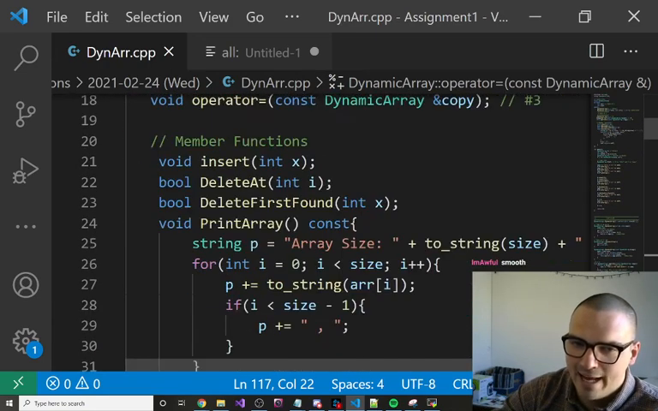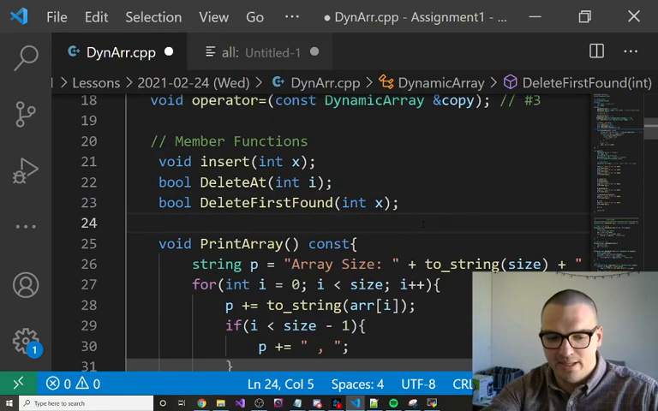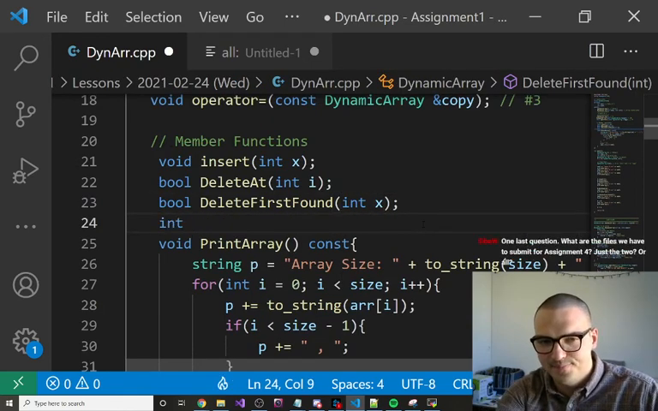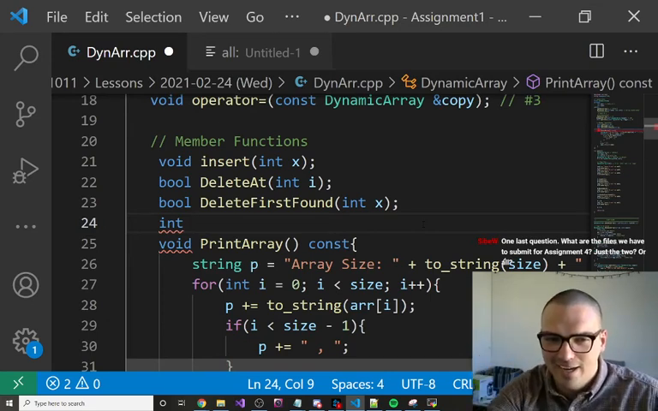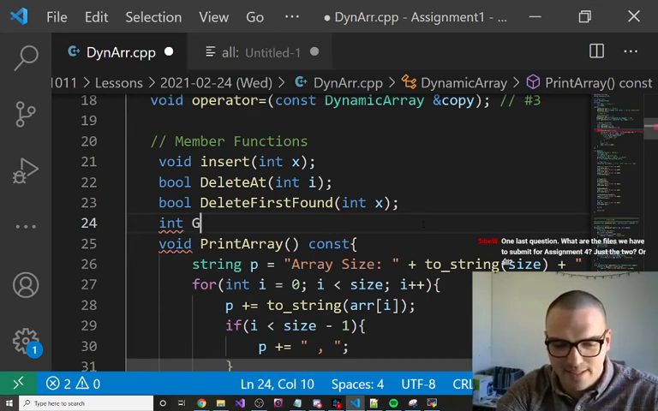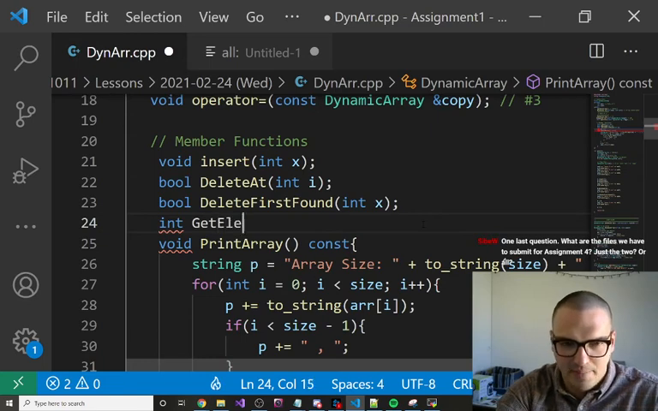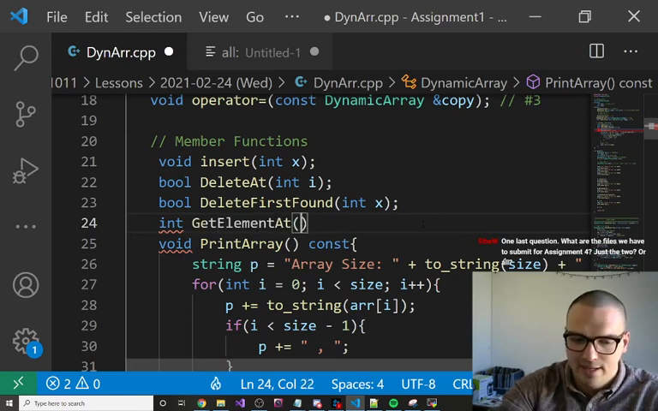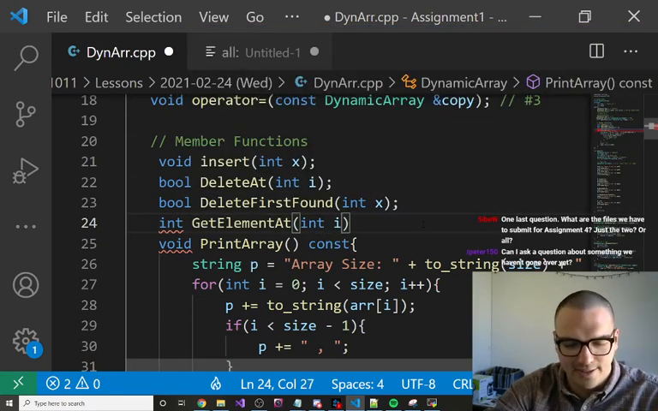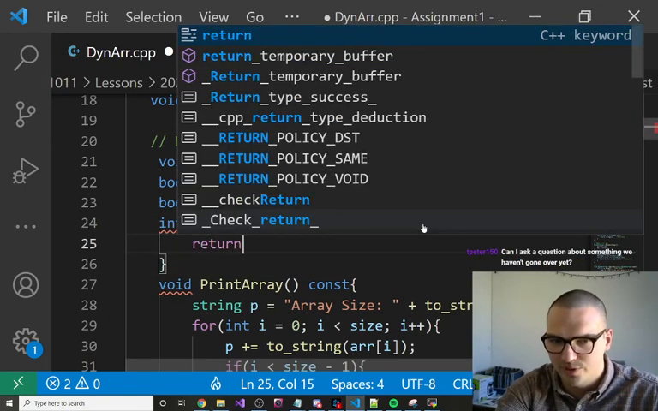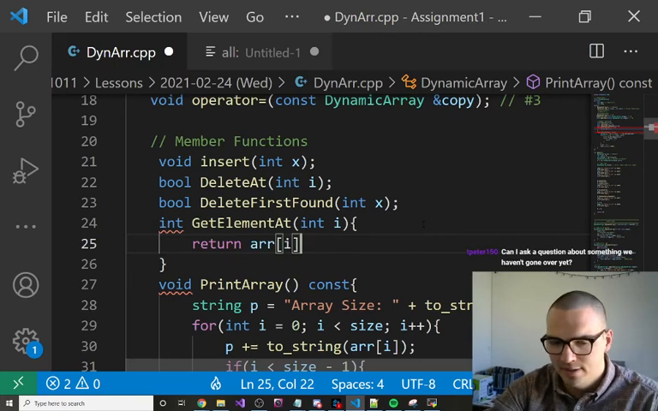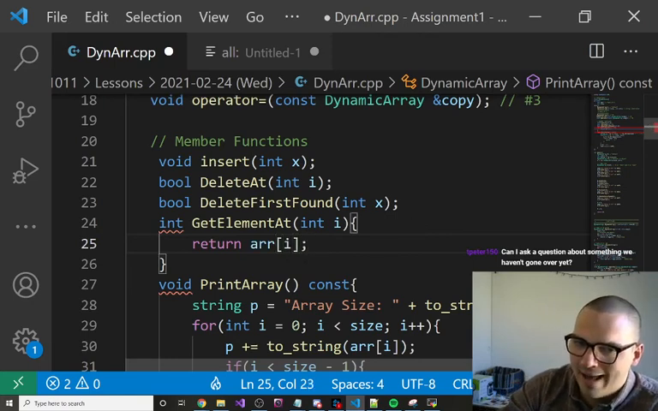Except you'd probably add one function that would be like int... I mean, don't do it. Use a vector. Use a vector, but you could say like get element at and then int index, right? And what would this do? This one's super simple. Right, you would just return array I, as long as,